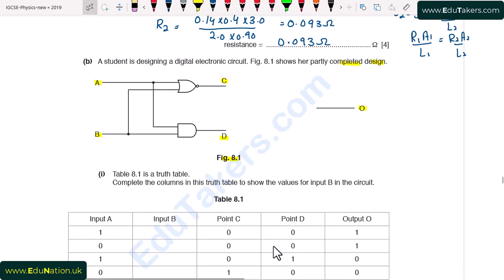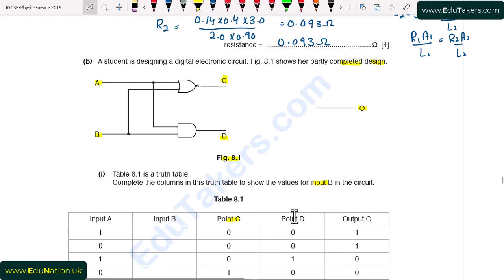Part 1. Table 8.1 is a truth table. Complete the columns in this truth table to show the values for input B in the circuit. So we have to complete the truth table. And here we can see that C is the